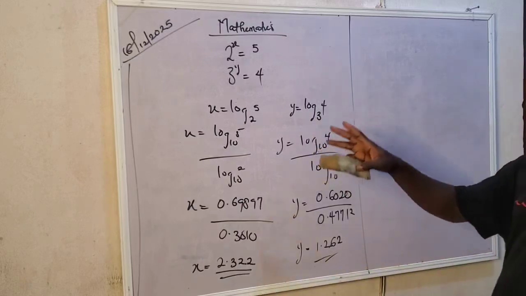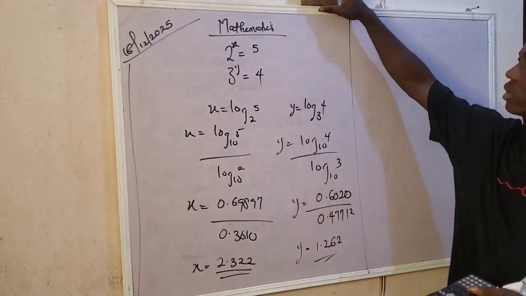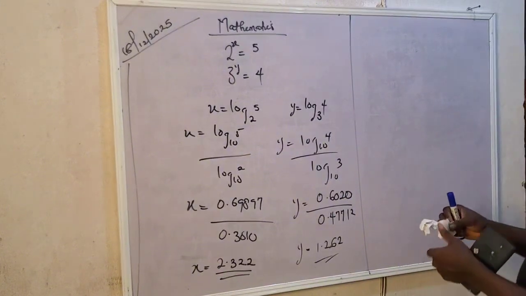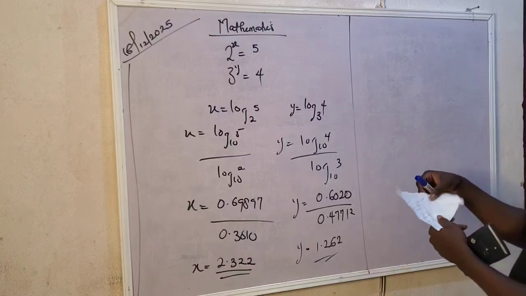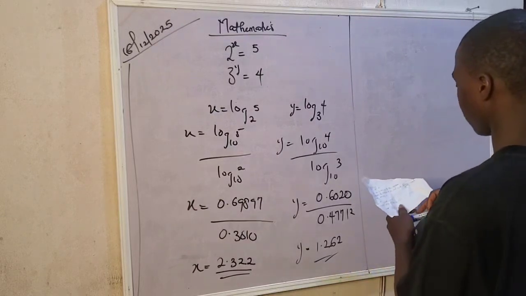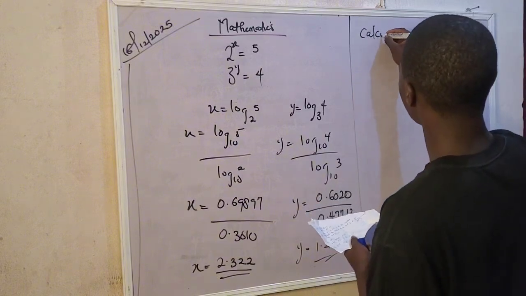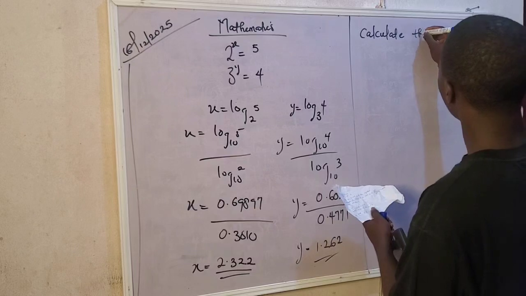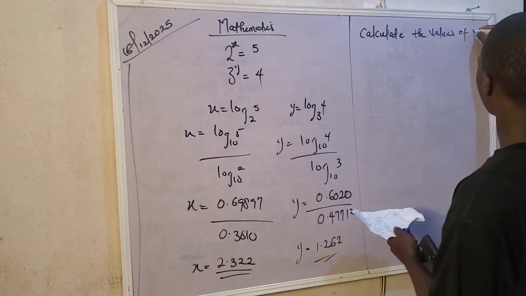So for this now, this one is linked to simultaneous equations. Also, I'm going to solve the one linked to quadratic equations. So let's take that one first. So our second question goes like this. We're still going to find another equation right here. Let me just write the question down. Calculate the values of x and y